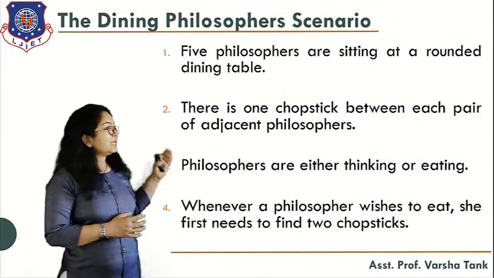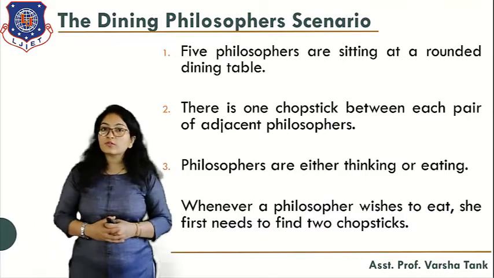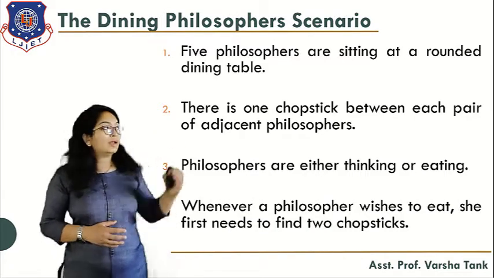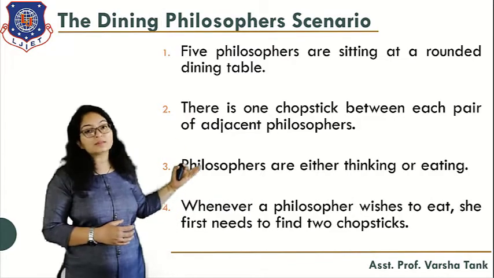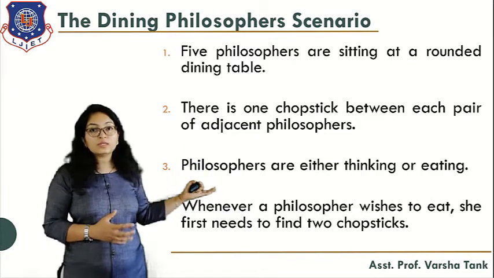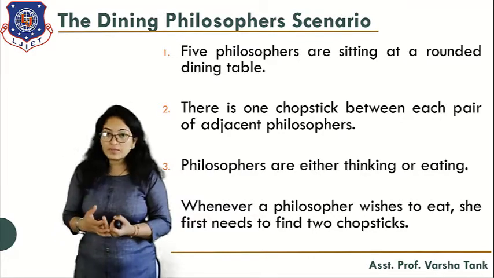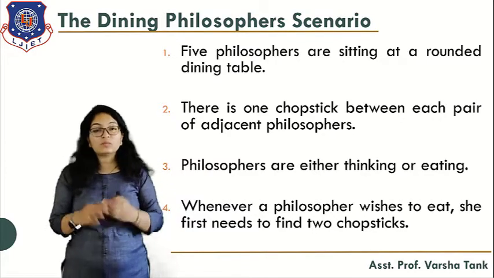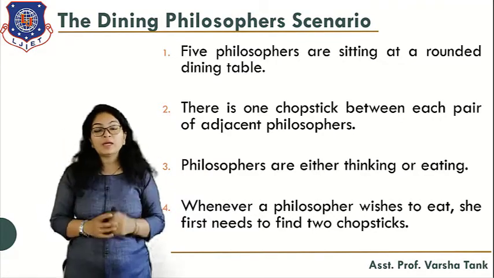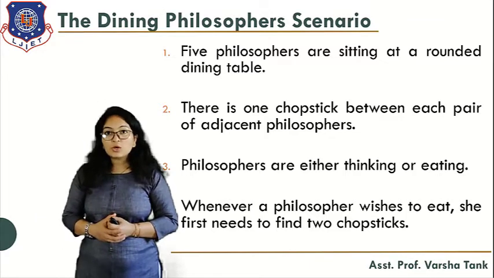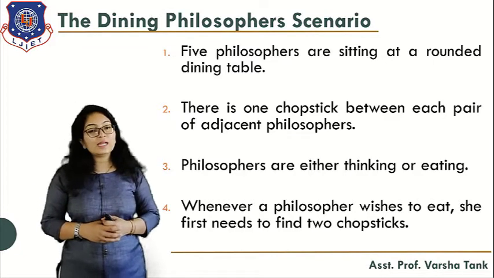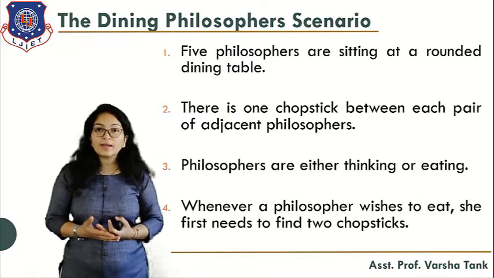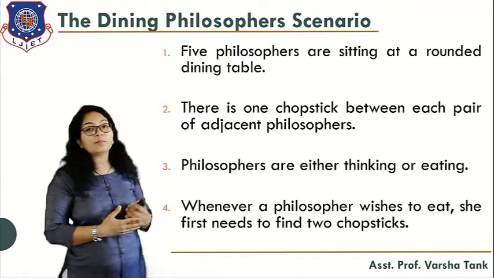So, what is the scenario of this dining philosophers problem? Let's define it in steps. When we are going to implement this in an algorithm, at that time we should have the idea of how to implement this problem and what we should keep in mind to implement it. Till now we have discussed, so you will have the idea. Let's discuss it in points.